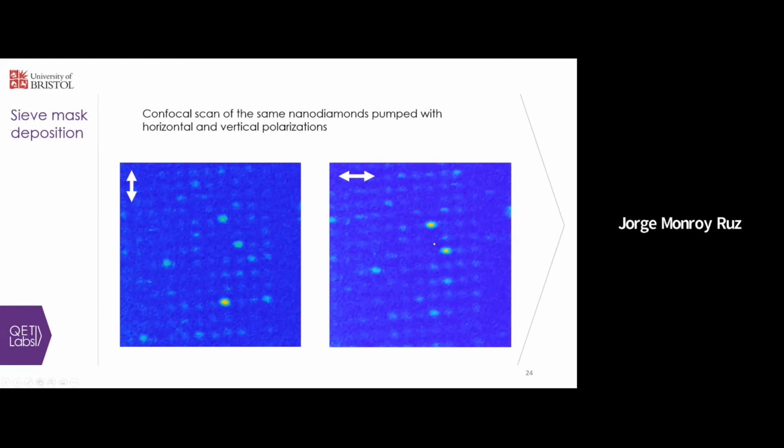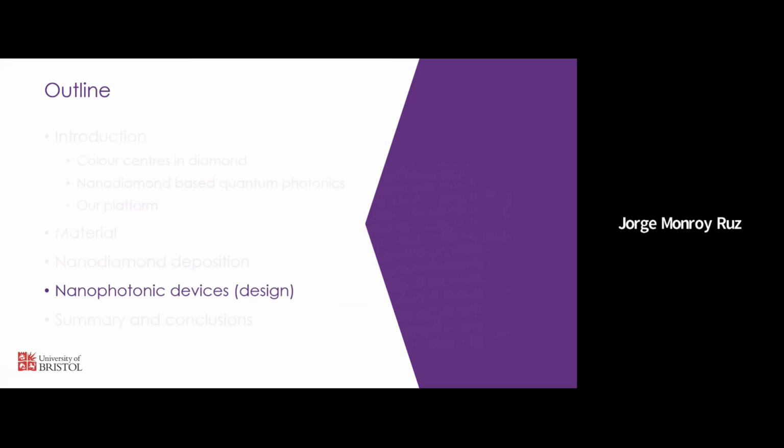So I lost track a little bit of how much time I have left. I think I still have like five minutes or so. So I just quickly wanted to show you which are the first devices we're planning to do. As you see, we can put the nanodiamonds, but there's still some variation in the diameter of the hole, and also the NV defect within that nanodiamond is something we don't have control on. So the first device we wanted to try is something that is a bit more resilient to